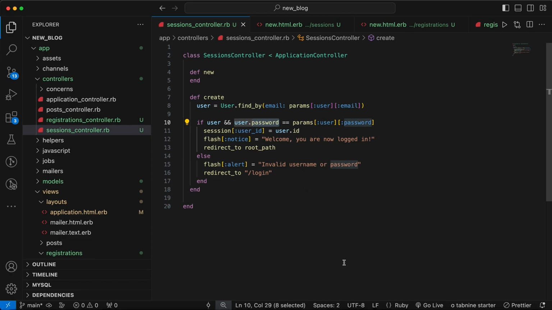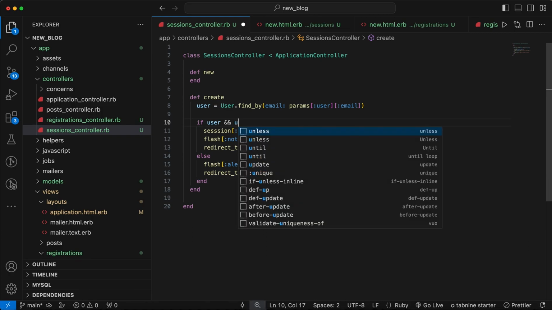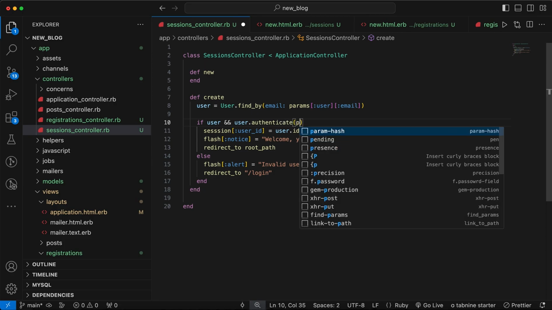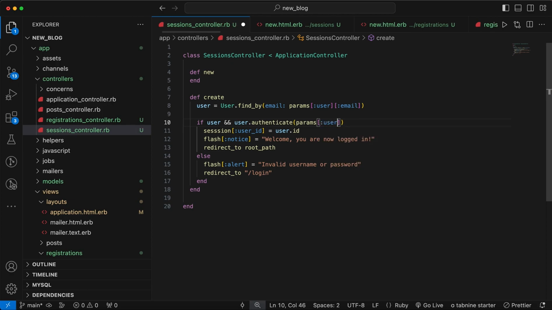where we can check. Let's go to our controller, and we can actually check user.valid_password, user.authenticate, and here we can pass params of user and then email. Okay,